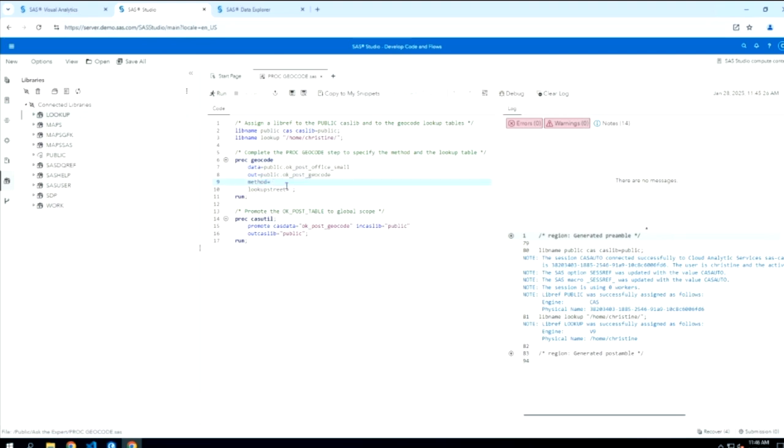Now I need to specify the method, and so here I'm going to specify the method being street, because I want to geocode this street address data. Now there's other levels of geocoding available as well. I could geocode at the zip level. I could geocode at the city level, all of those other ones that I mentioned. But in this case, we're geocoding street addresses.